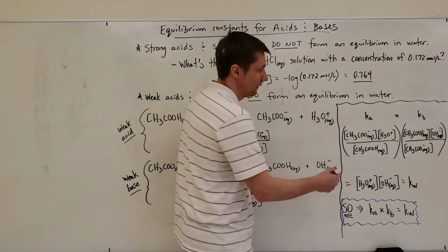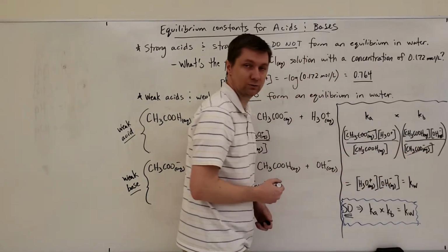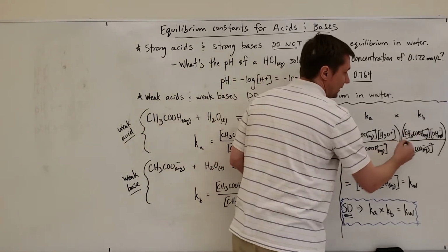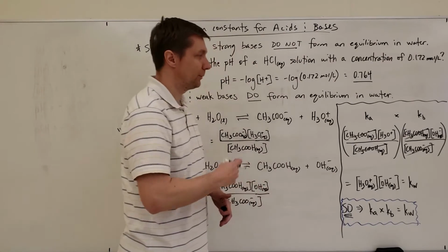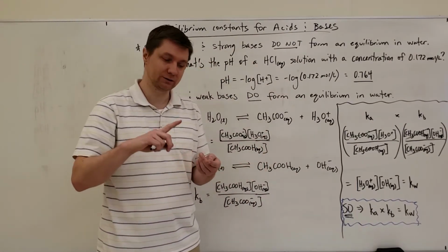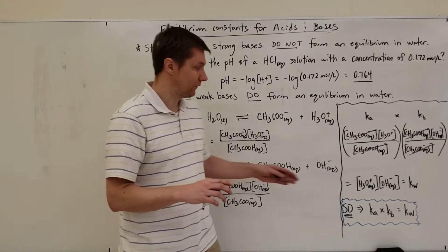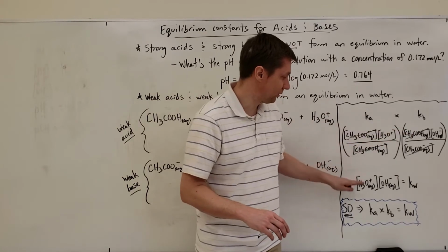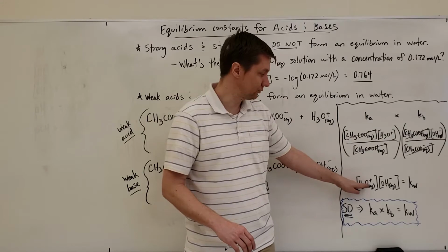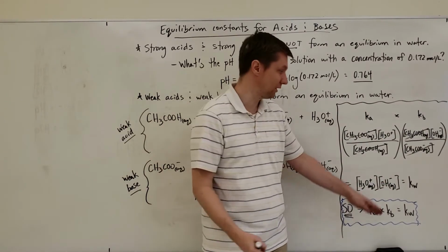You can see that I've got the acetate ion concentration on the top and the bottom, and those would be the same numbers, and so I'd cross them out. These numbers here are also the same numbers. And so multiplying the Ka and the Kb cancels everything out except for the hydronium ion concentration and the hydroxide ion concentration. So if I've got these two numbers being multiplied, this is all I've got left from the canceling out up here. Hydronium ion concentration times the OH minus ion concentration, you remember from the previous video, that